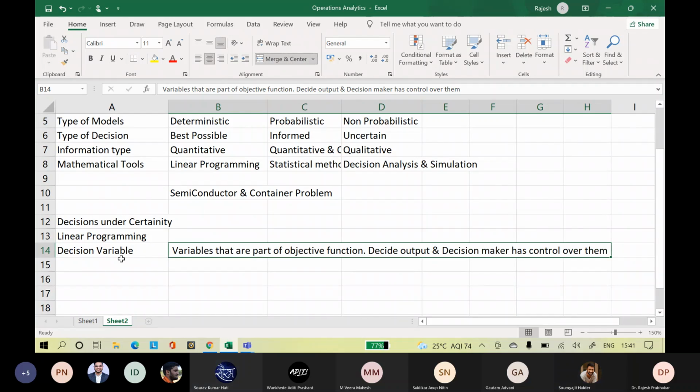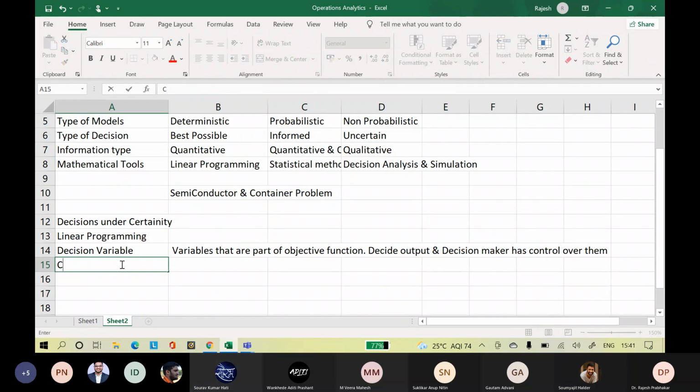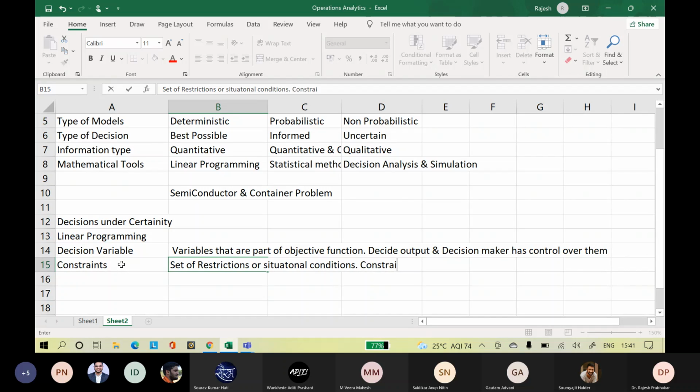Yes, sir. Now comes constraints. What are constraints? A set of restrictions or situational conditions, and constraints can be both equalities and inequalities.